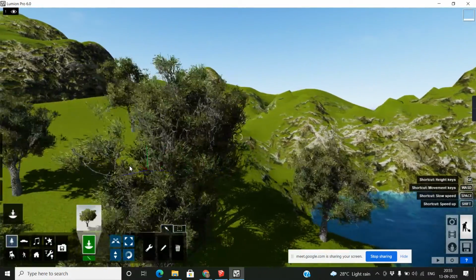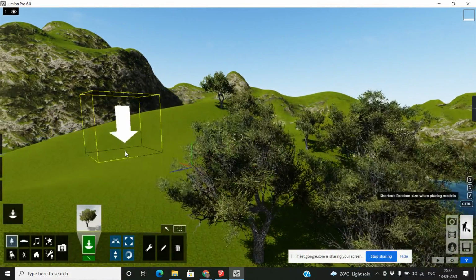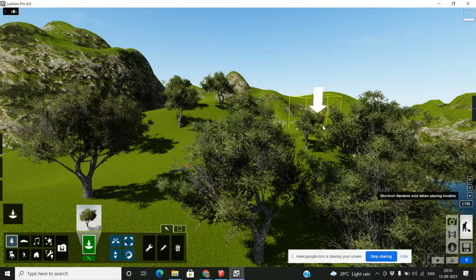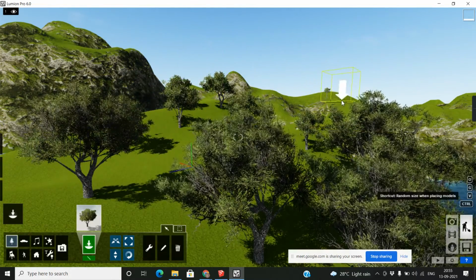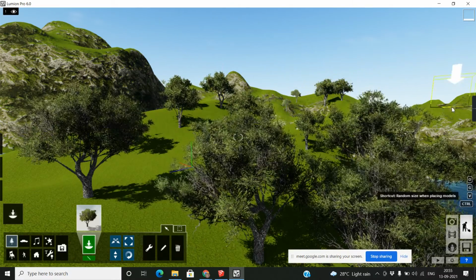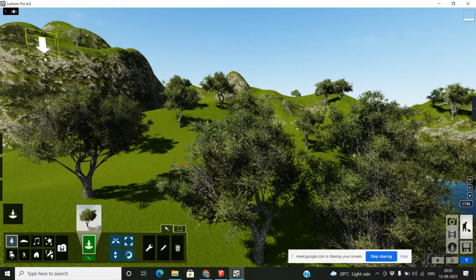Look at the difference. If I press V, the size is random. And if I'm not pressing V, it's equal size.